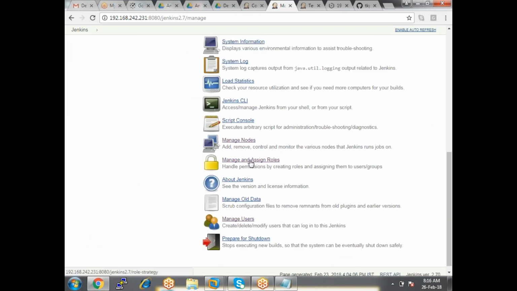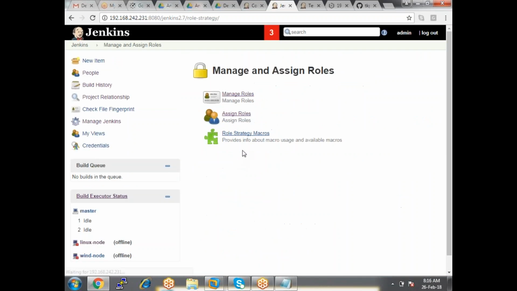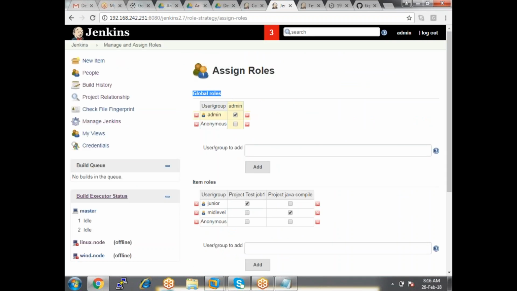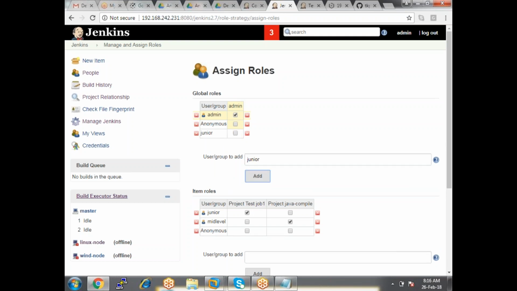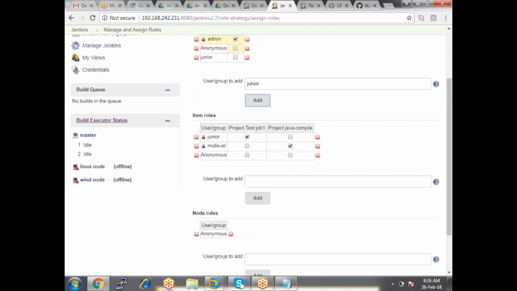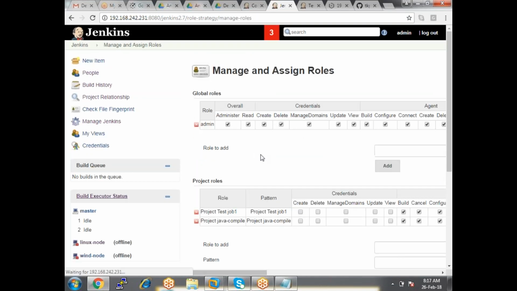Again, everything you must do from Manage and Assign Roles. See the global roles. You forgot that part. So first give him overall read access. Sorry, global security. Yeah, one second. Within Manage Roles, sorry, this section. Okay. Within the global roles here. So,